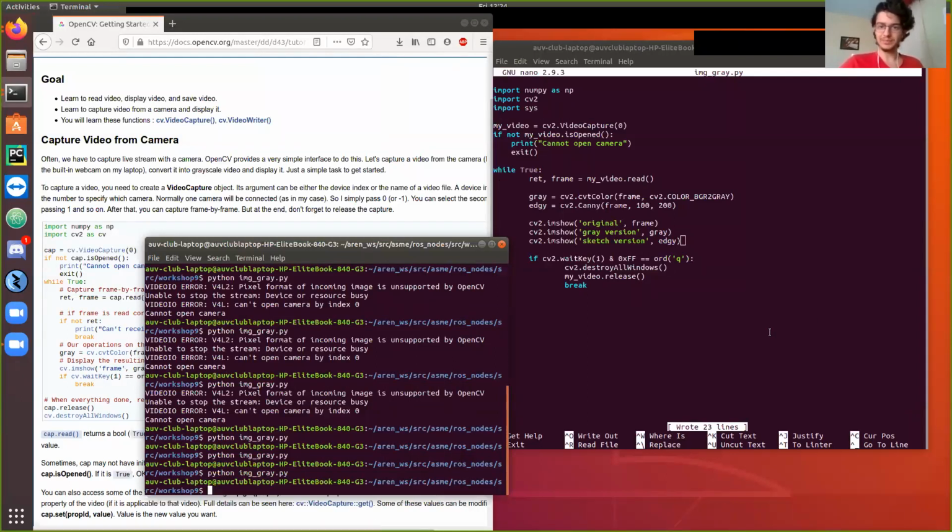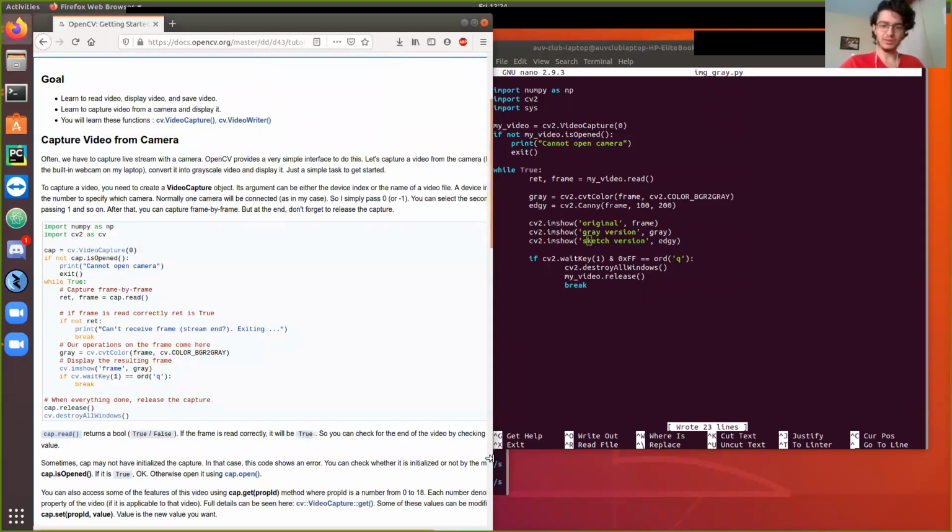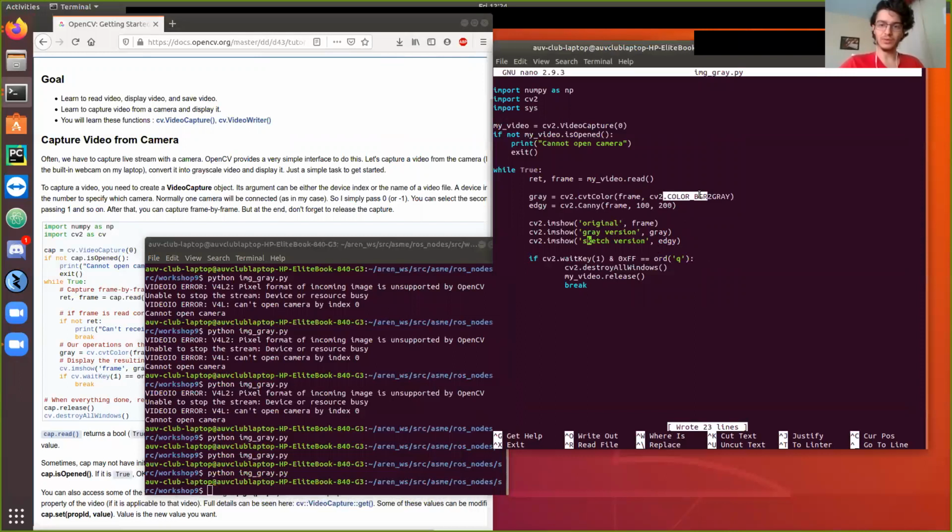Yeah, so that's just some of the fun stuff you can do with OpenCV. So feel free to get this code and write it out and try to get yours to do the same thing. If you search up OpenCV commands, you should be able to find a bunch of different things you can do in here. So oh yeah, we never tried the